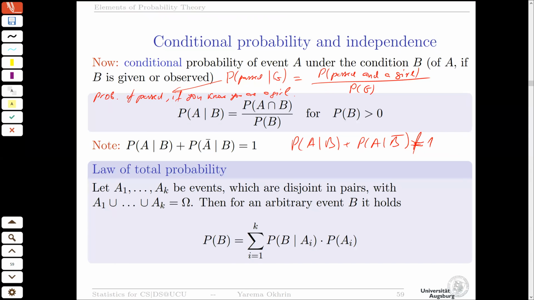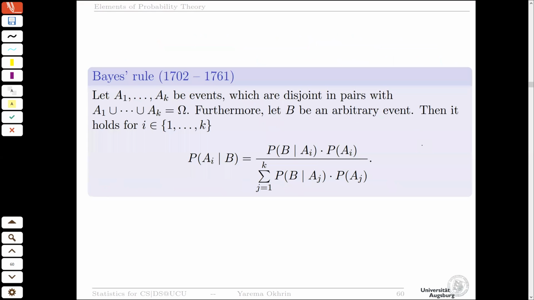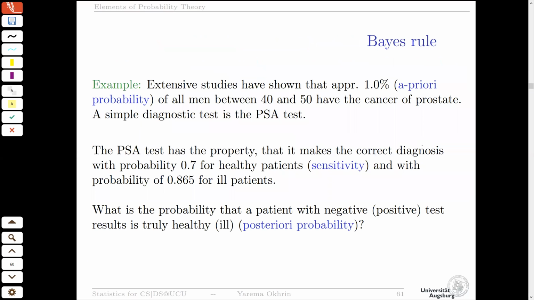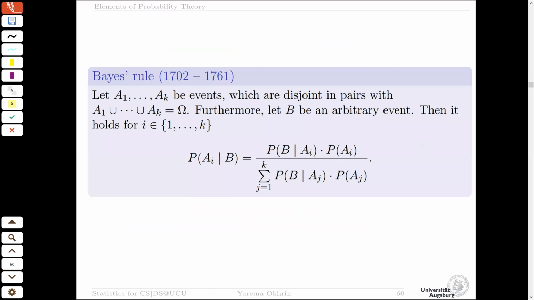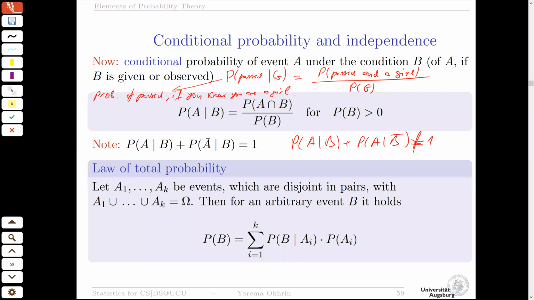So you can change the variables over here and you end up with the probability of 1, but you cannot change the conditions because else you will get something else. Now they are kind of messy formulas, but we'll come to an example in 2 slides and then it's going to be understandable. So below, total probability